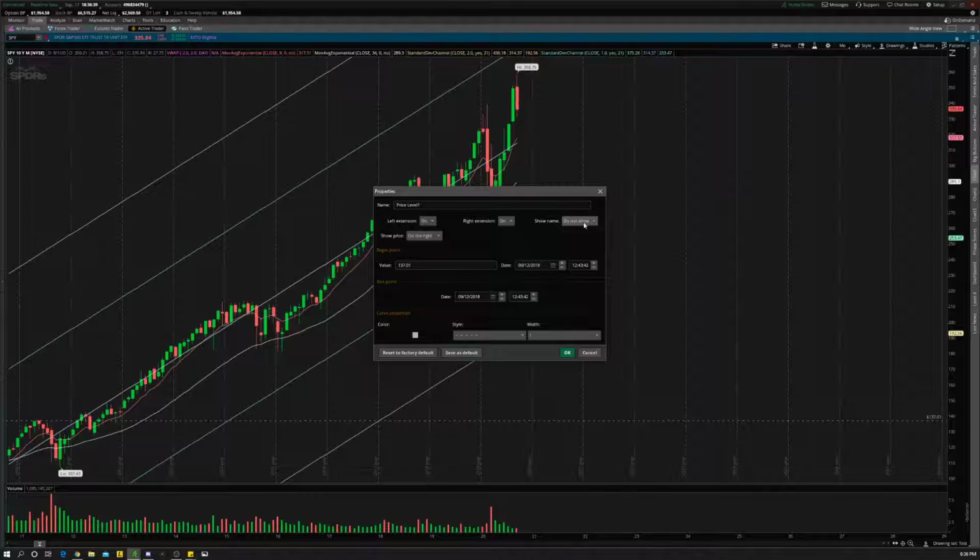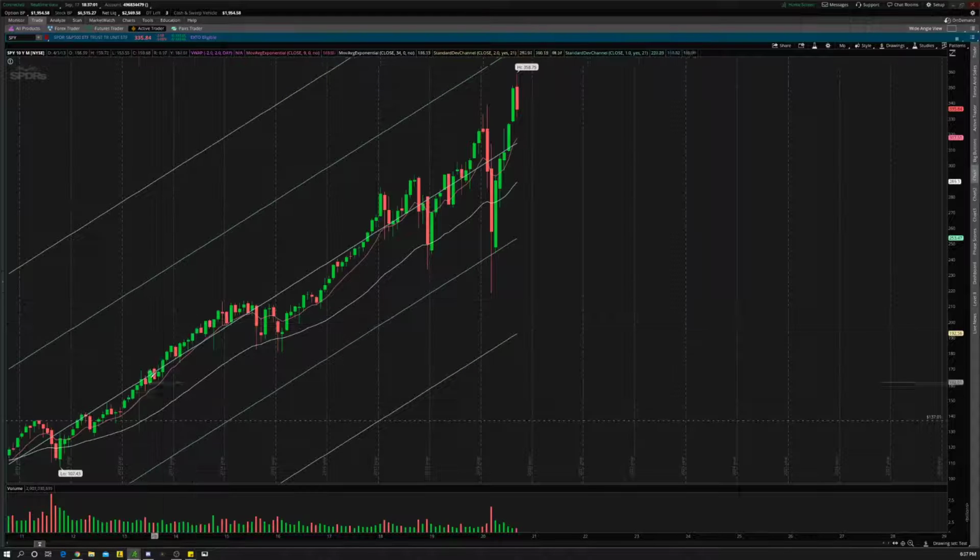I don't show name because it would just show trend line name, but you could name this whatever you want to name it, and then have it show that. And I have both the extensions on. I just find that really helpful if it just draws a really infinitely wide line. So I go through and I look for areas of support and resistance where multiple points touch,